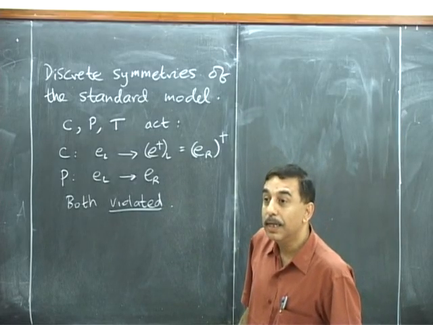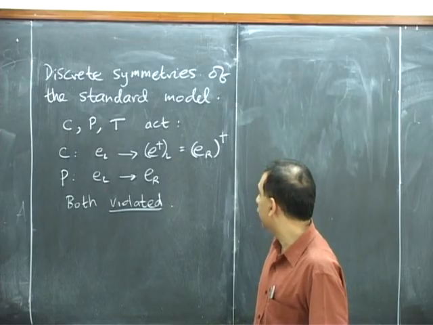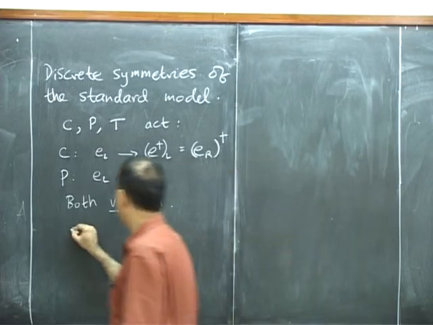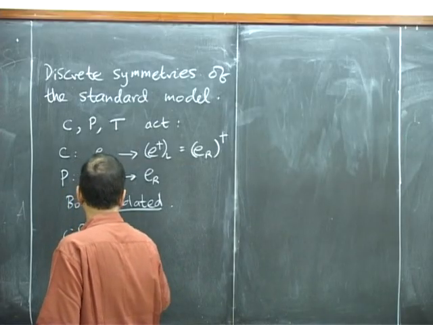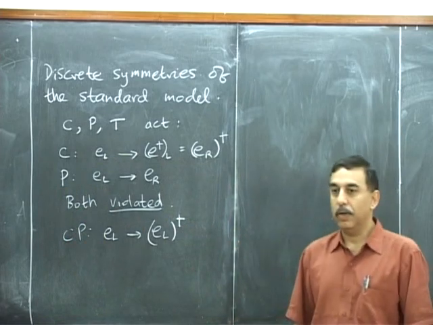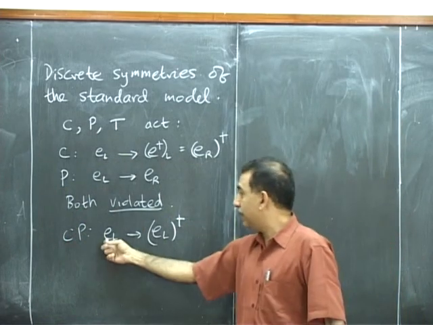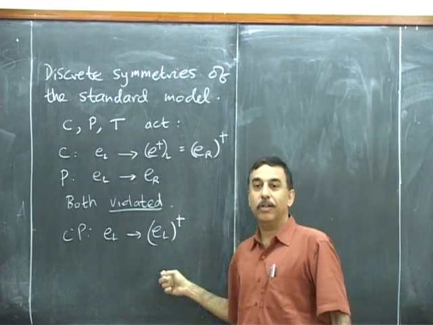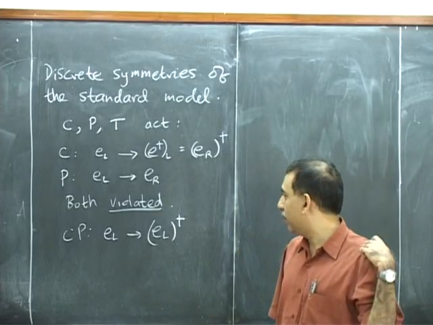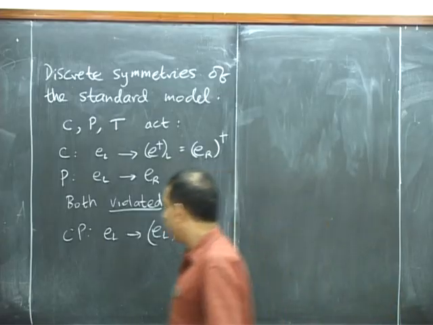It would be EL dagger. EL dagger, yes, that's correct. Thank you. So CP sends EL to EL dagger. And what that does is that it sends the doublet to the dagger of itself, which is also a doublet. And so there's a much better chance for that to be conserved. And in fact, it's conserved